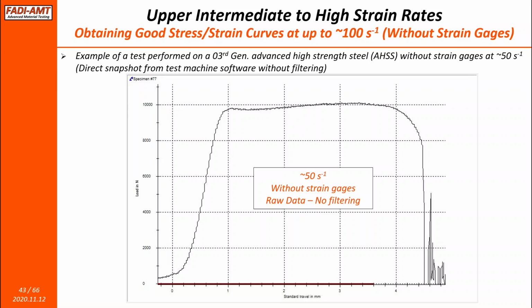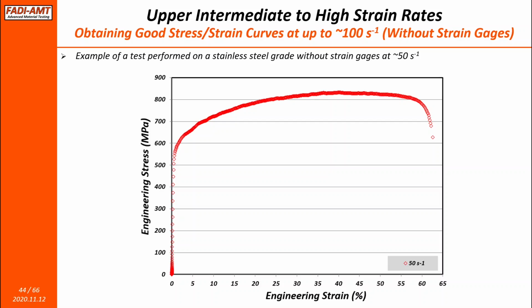This is again the same raw data that I showed earlier for 50 strains per second, and that's why I put that statement there, that you can obtain some good stress strain curves up to about 100 without strain gauging. It depends on the material, to be honest, so not always successful, but with some optimization and with good material, it could work. This is another example of a stainless steel grade, very high ductility material, obviously 50-60%